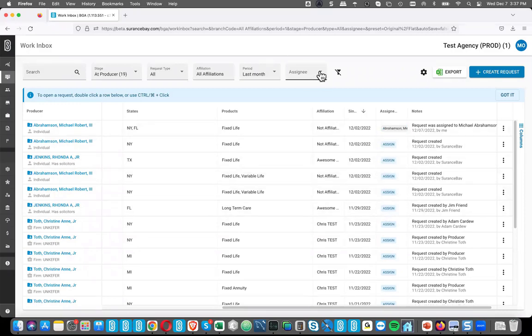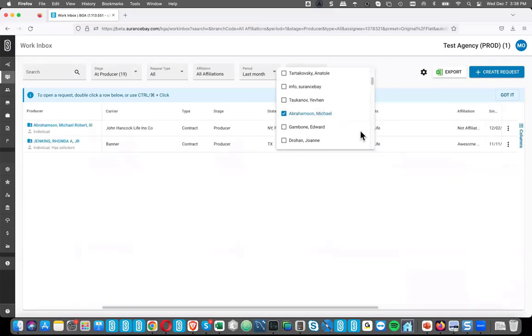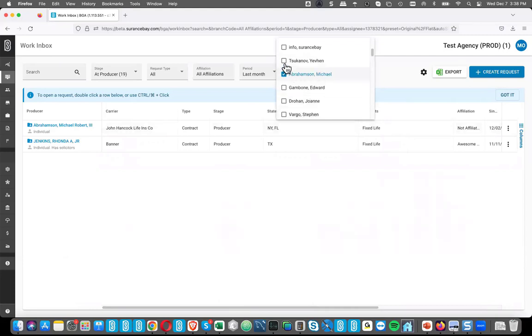And then you've got a new filter up here that allows you to just see the requests assigned to individual people. And you can see anyone. So we're not limiting this, right? I can select multiple people here if I want. We're not limiting your selections here. Everyone can see everyone else. It's just, again, a way to help you manage that and assign those out. So that way, if you want to filter it, you can.